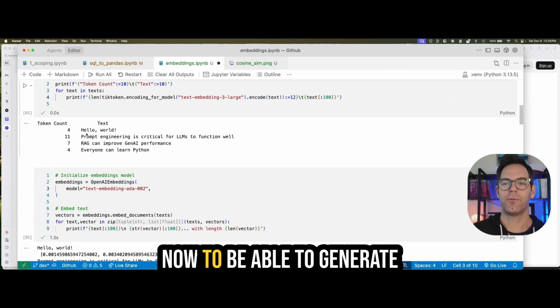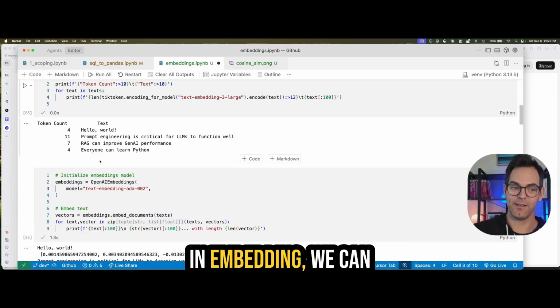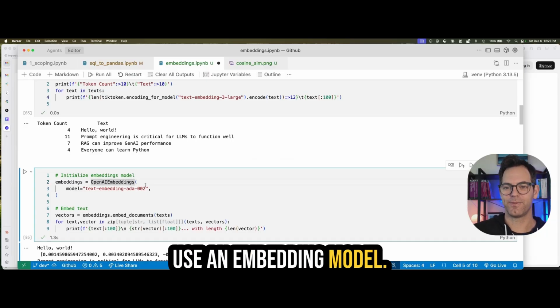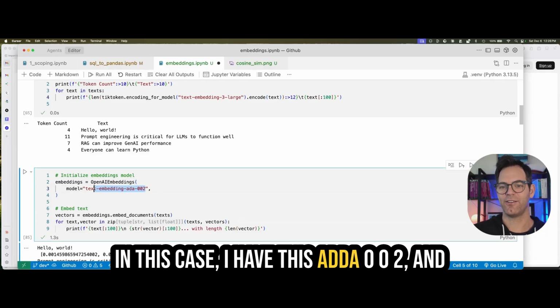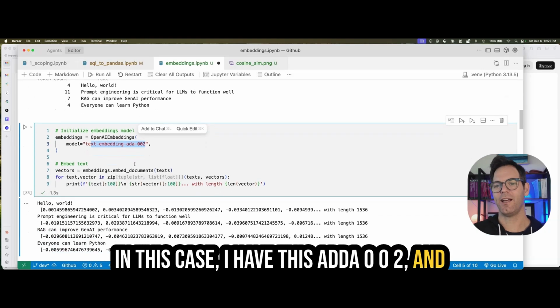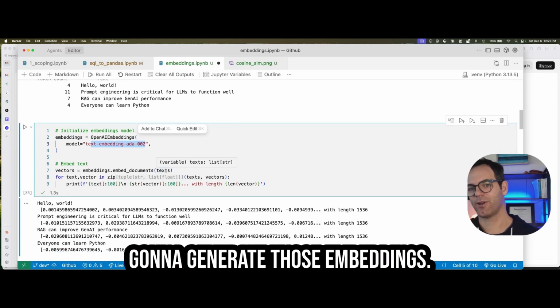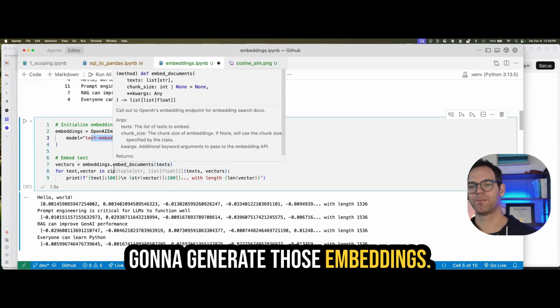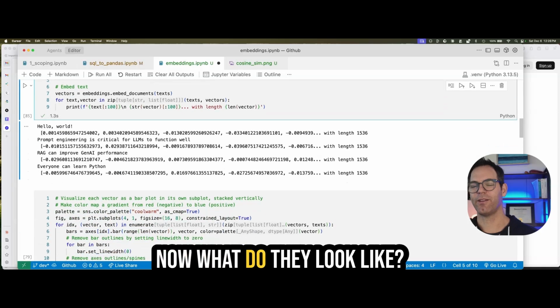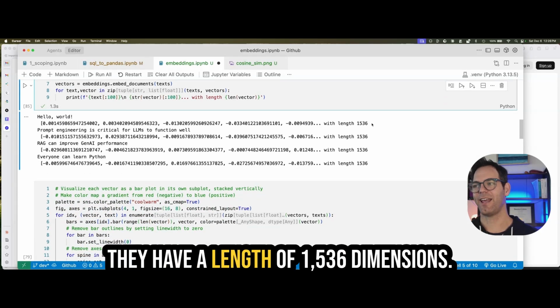Okay, now to be able to generate an embedding, we can use an embedding model. In this case, I have this ADA 002. And we're going to take the text and we're going to generate those embeddings. Okay, now what do they look like? They're really long. They have a length of